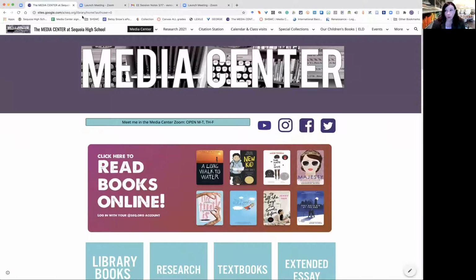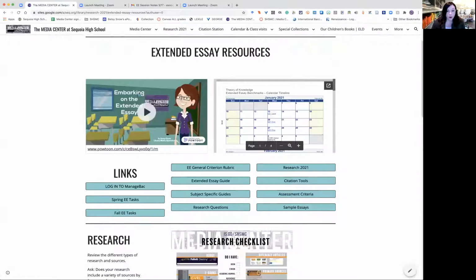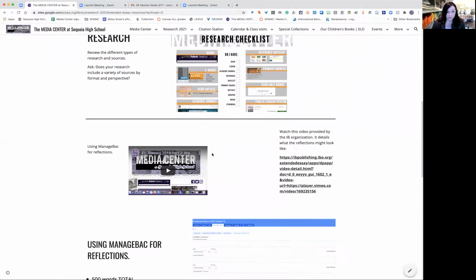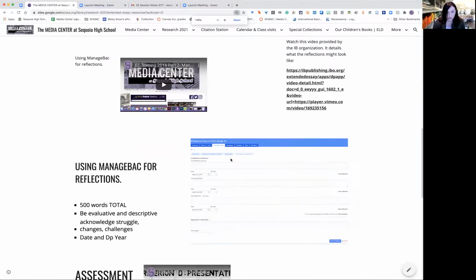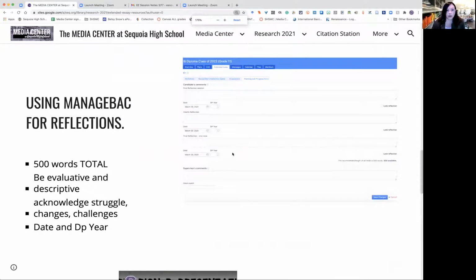So when you go to my website, you notice you have research here and you have your extended essay resource page. What I want to point out, besides all of the tools that you hopefully have been using, is that I've added this little screenshot of what the reflection space looks like. So while it might be hard to see on Zoom, you should know that once you click on your extended